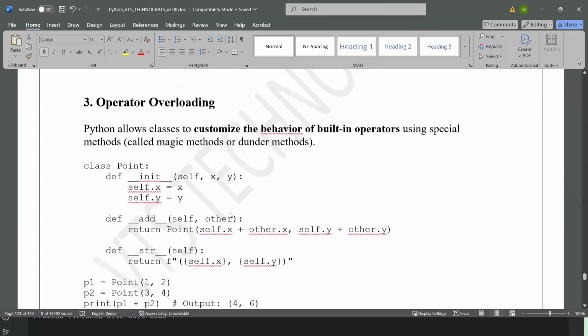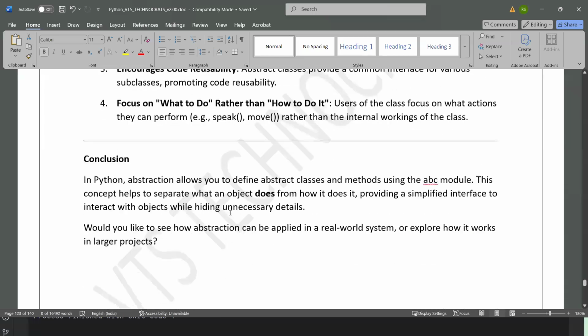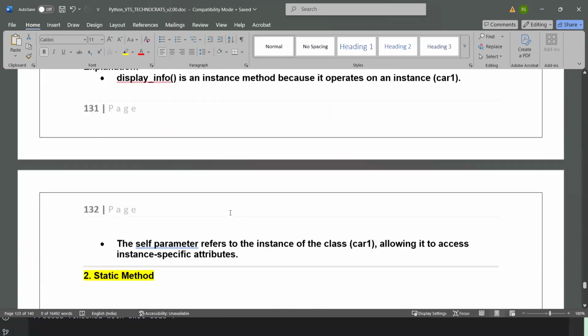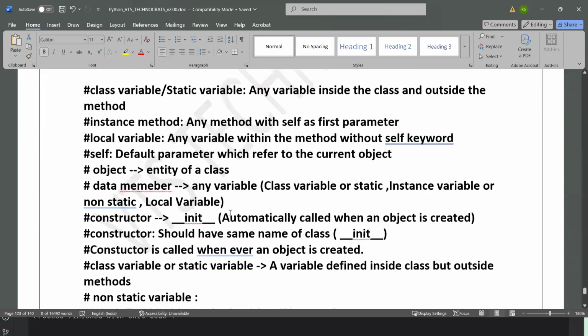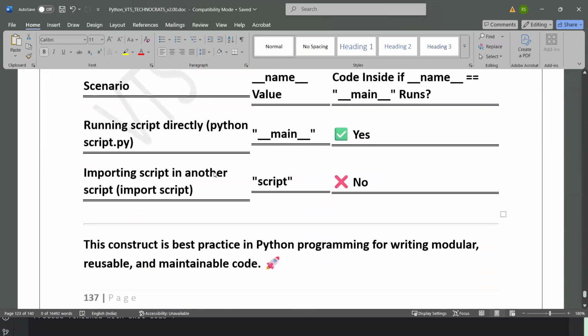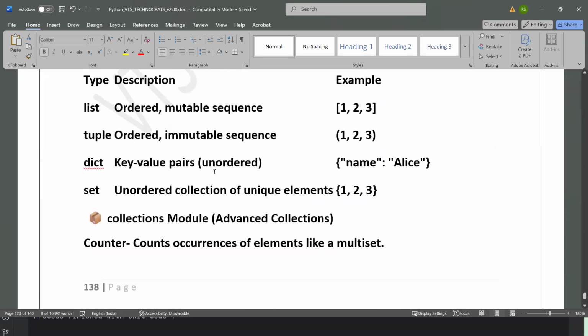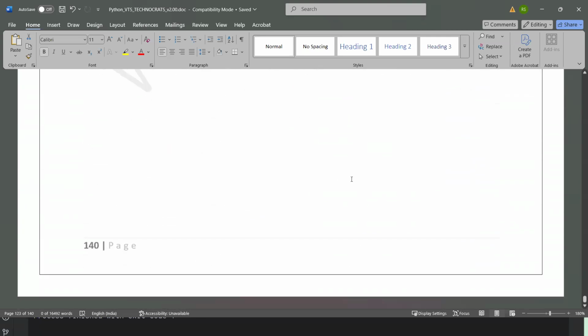We are only left with polymorphism, abstraction, and something called static and dynamic methods, which we will see just as revision, and then underscore name underscore, and then something called collections, in that something called counter. That's all. Four topics are left, so I think we will be able to complete by this week. Today is 29, and